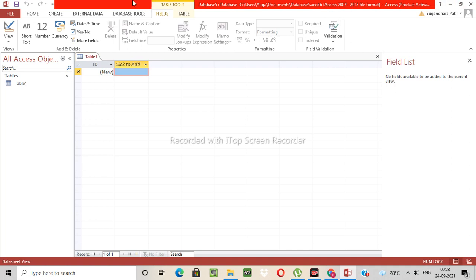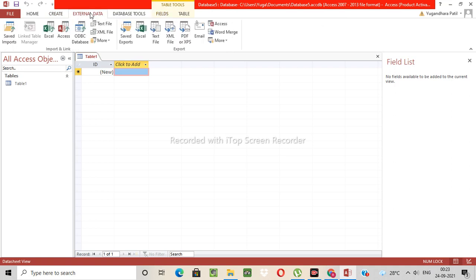This is a ribbon. So many tabs are available here: home tab, create, external data, database tools, fields, table. When you click on a tab, it shows you so many options. These options are located on the ribbon. And this area is called the navigation pane.